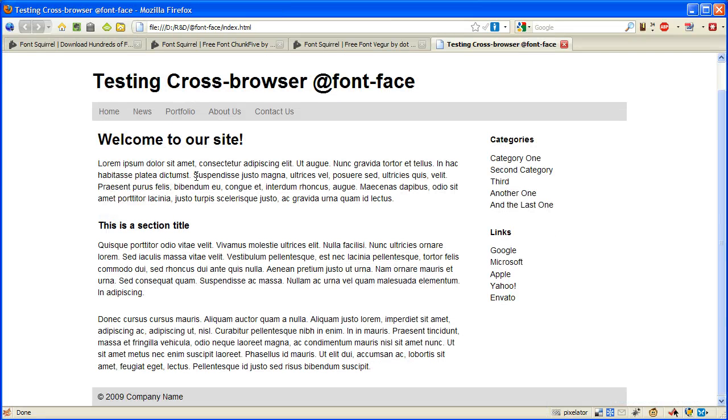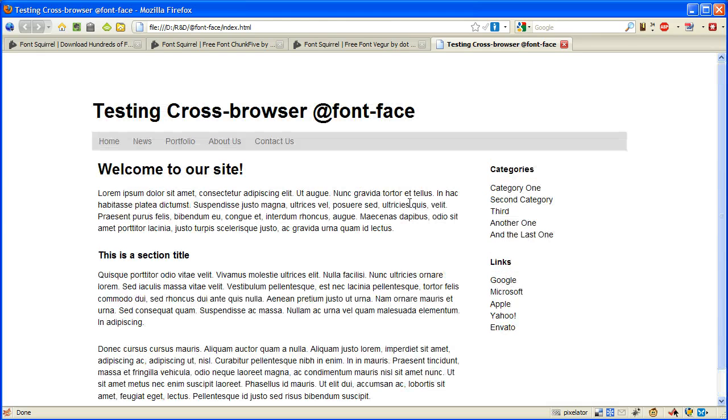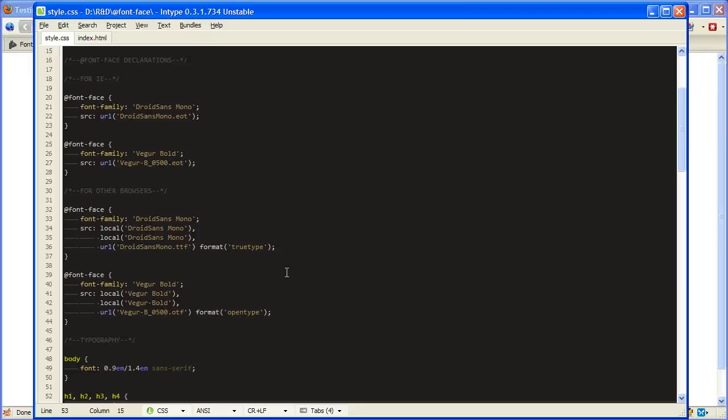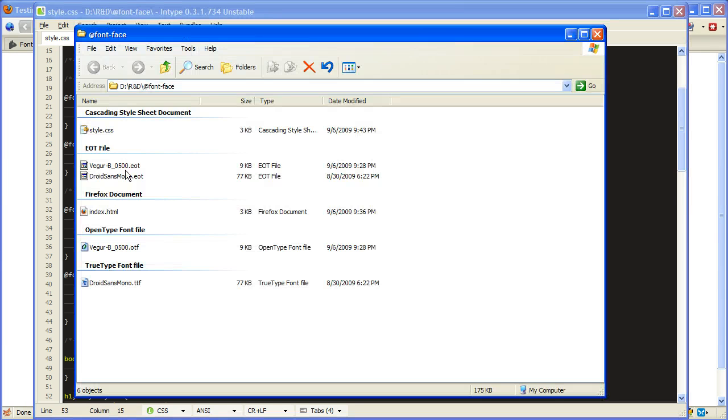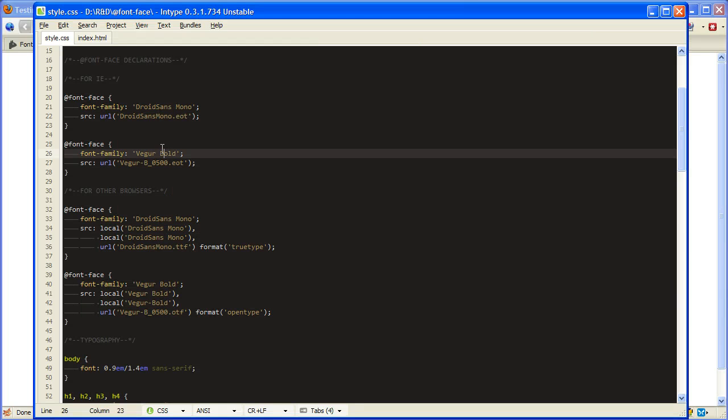This is my page. Now I want to use Vega Bold for the headlines, the H1, H2, H3 and H4 tags, and I'm going to use Droid Sans Mono for the rest of the text. Let's go to my style sheet. The first thing to do is obviously to have your fonts available. Take the file names, and in the style sheet what I've done is I have declared these fonts,